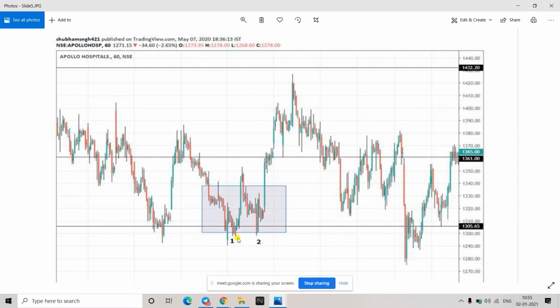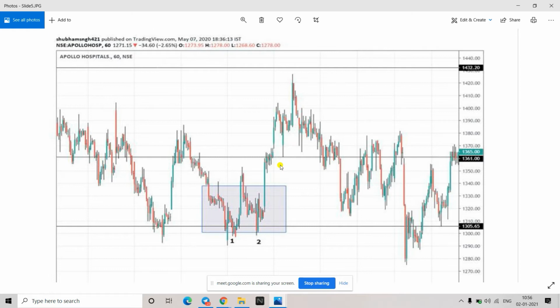If you could see it here, this is an example of double bottom. Price will be going down. After reaching this point, it has not been able to go down. Again, it has gone up. This is the neckline here, neckline high, and then again it came to the same place, but it is not able to go down, and then again it has gone up. So whenever this line is getting broken, you can enter the trade.